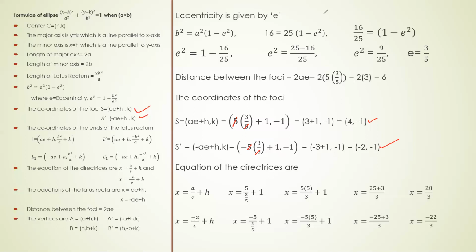Okay. Then we have the equation of directrices. They have asked you to calculate the equation of directrices. So the equations of the directrices are x is equal to ae plus h and x is equal to minus ae plus h. So first one, we will take x is equal to